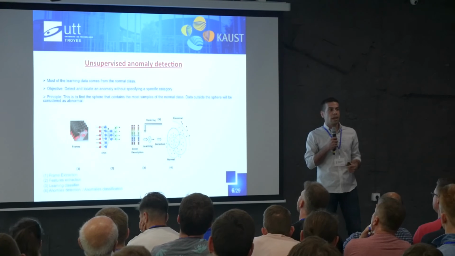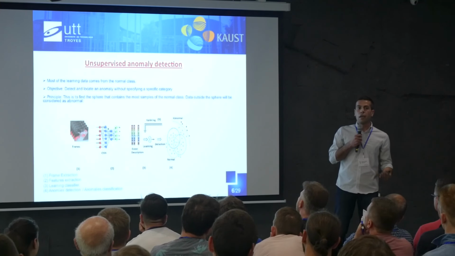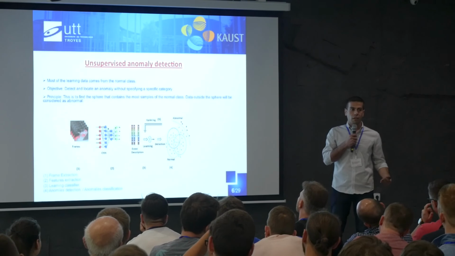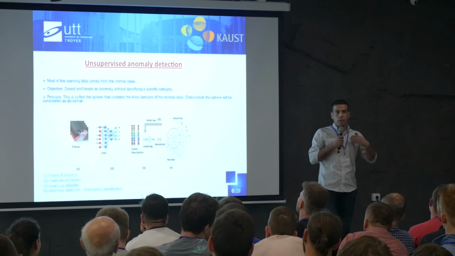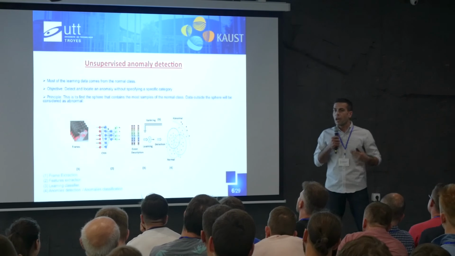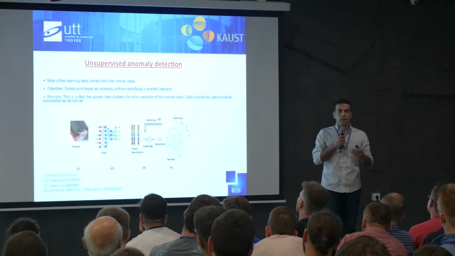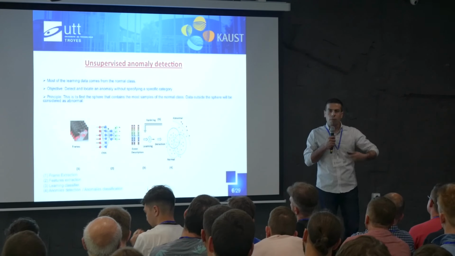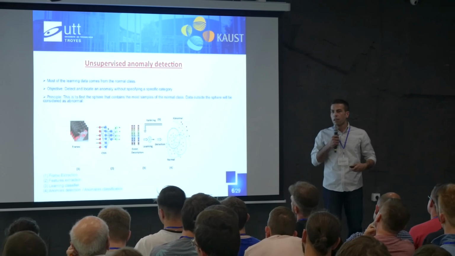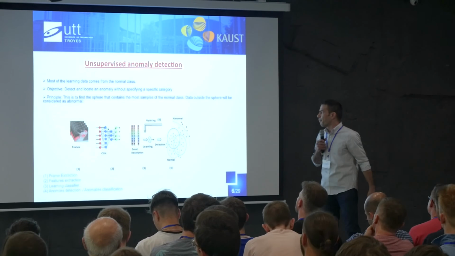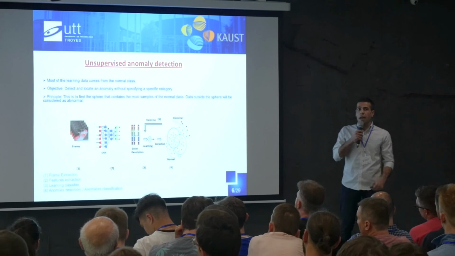Based on the fact that we cannot define a database of abnormal events, and we would like to use machine learning in order to detect these abnormal events, we directly think about an unsupervised anomaly detection system. Because, as I said, we don't have these cases in our database, and abnormal events keep changing. New cases come daily, and we cannot update the database every time. So we have the videos here, the frames, and